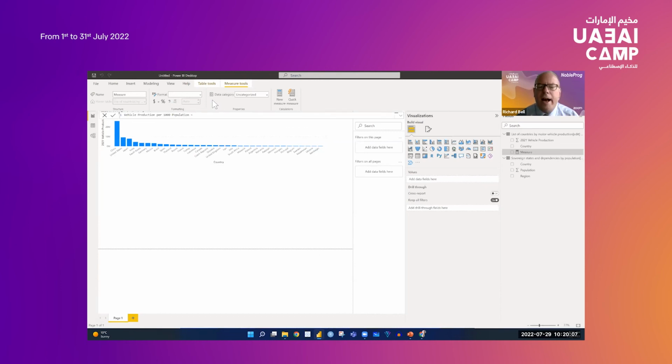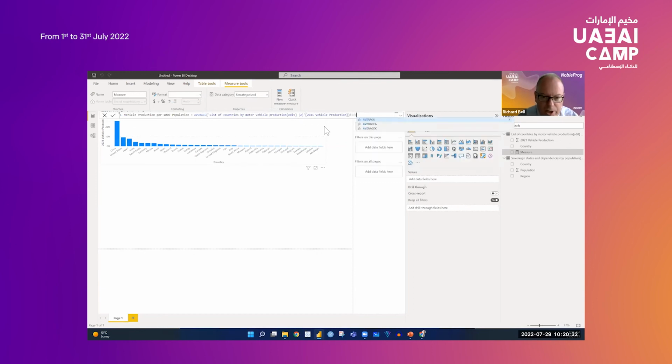Now I have to write a formula, and this is a language that you can learn. It's pretty straightforward. Because I'm writing a measure, I have to actually state an aggregation level. So I'm going to make this average. I'm going to take my average, and then it offers me the values I've got in the different tables. So I'm going to select the vehicle production, close off the brackets for that average, and then divide by,